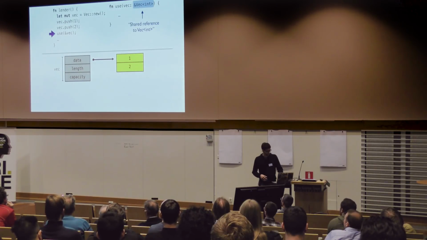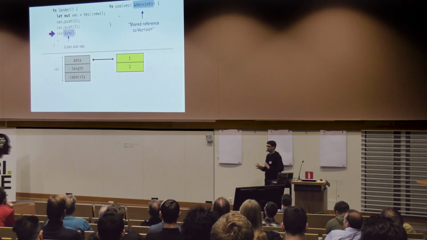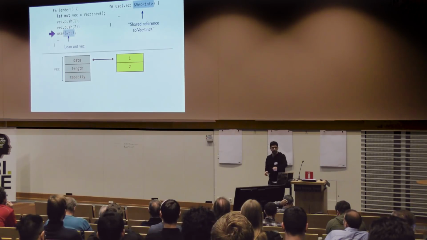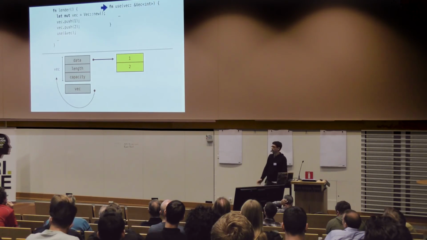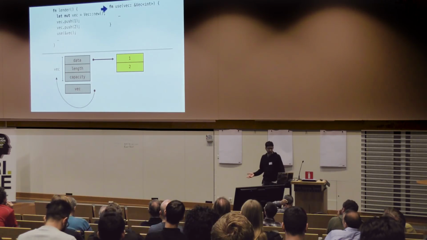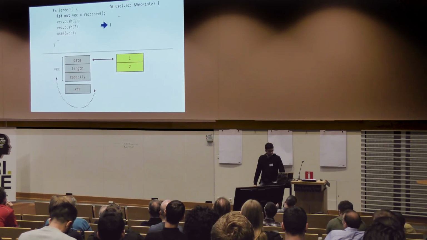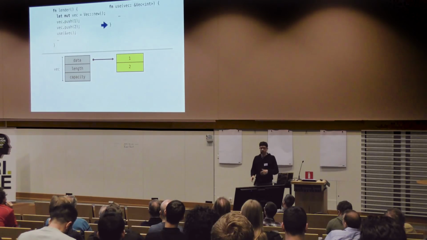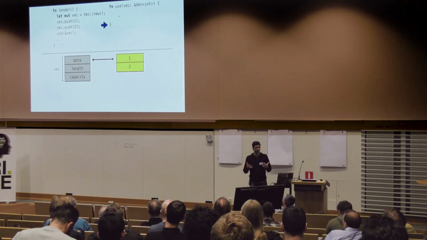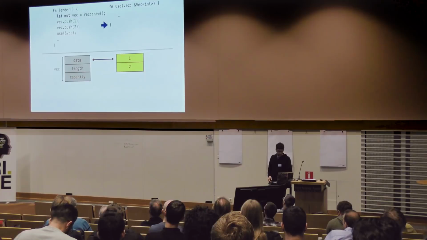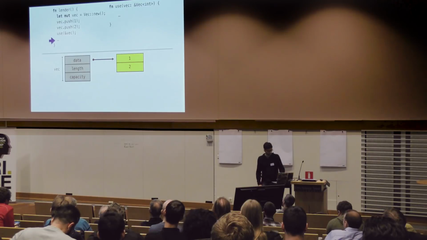It doesn't need ownership. And on the other side, we don't call vec by value. We use this ampersand expression to say we're going to lend out the vector and give it to use. So at runtime, that's going to make a pointer. And the function use can run along, and it can read and do whatever it needs to do from this vector. And when it's done, nothing gets freed. This is because use did not own the vector. It only borrowed it. So when it returns, it doesn't free things that it doesn't own. And as a consequence of that, we still have the vector here when we come back, and we can go on using it some more.